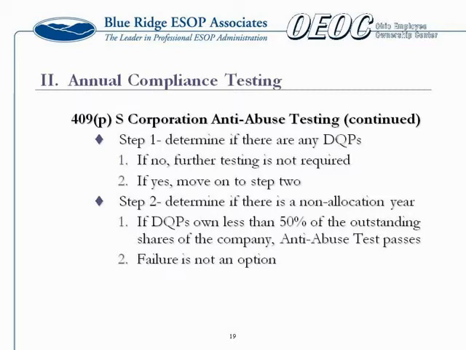I guess some of the penalties I can look up as Kelly's going through, and I forget the percentages of the excise taxes, but it really is failure is not an option. Luckily, we've heard of situations where there are alternatives and other ways to deal with it, lateral plan transfers, or just like Kelly said, language in the plan document that really doesn't allow for a DQP. But it's been an ongoing thing.